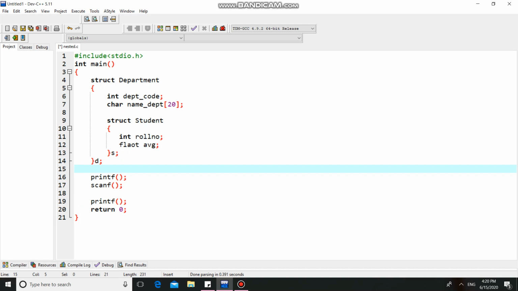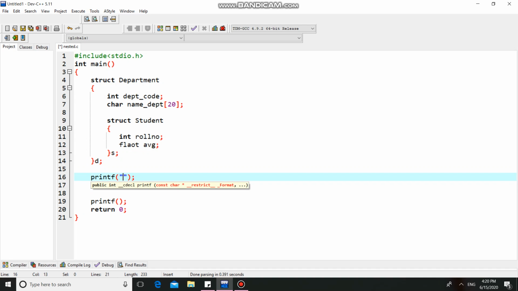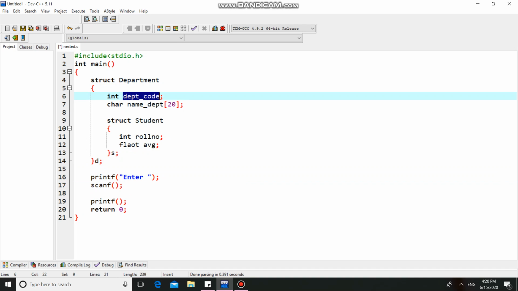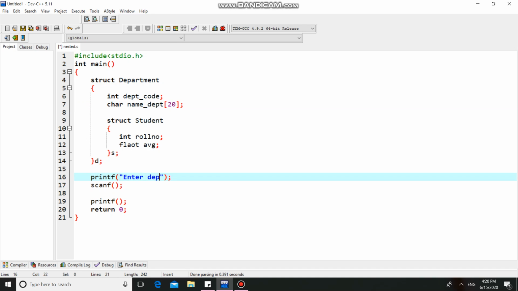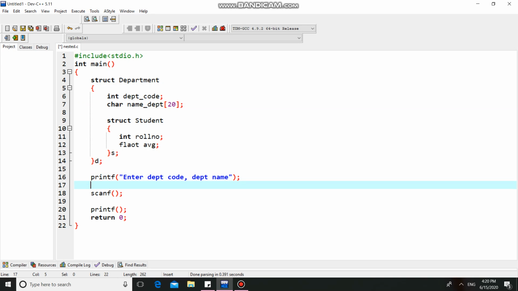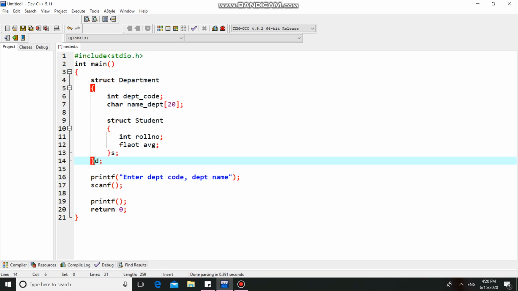Now, if I want to read the department code and department name from the user, I need to use the department variable, that is d.